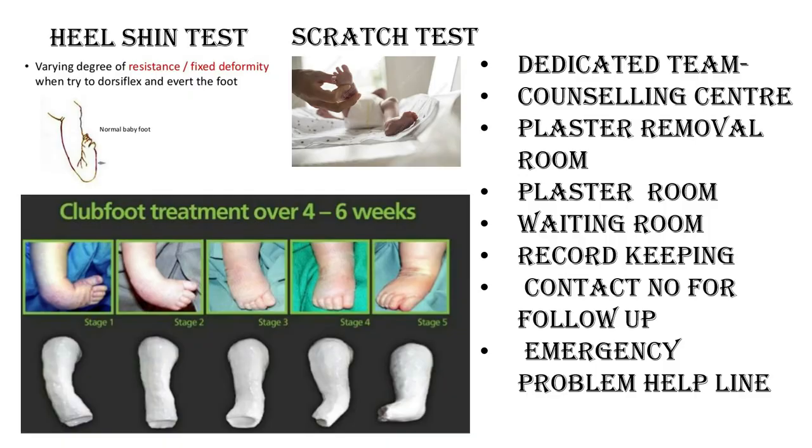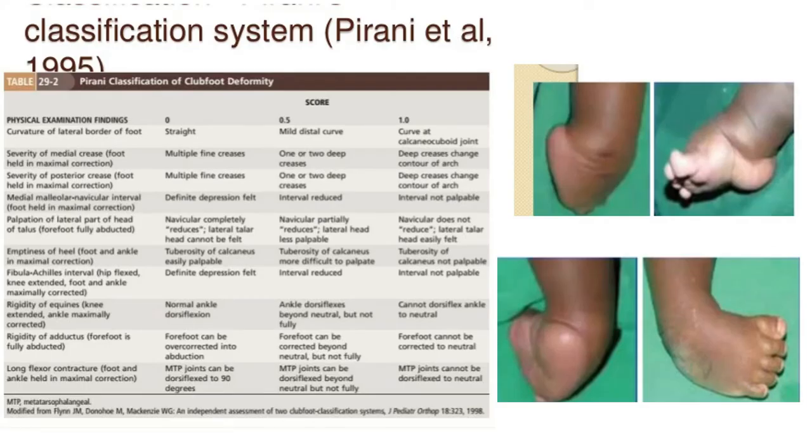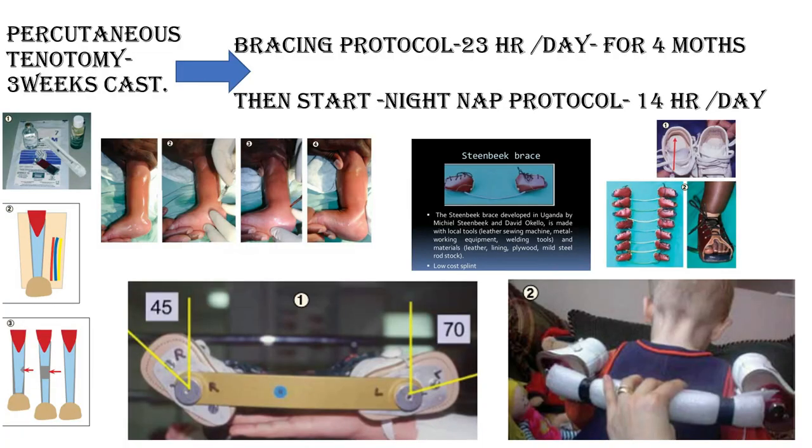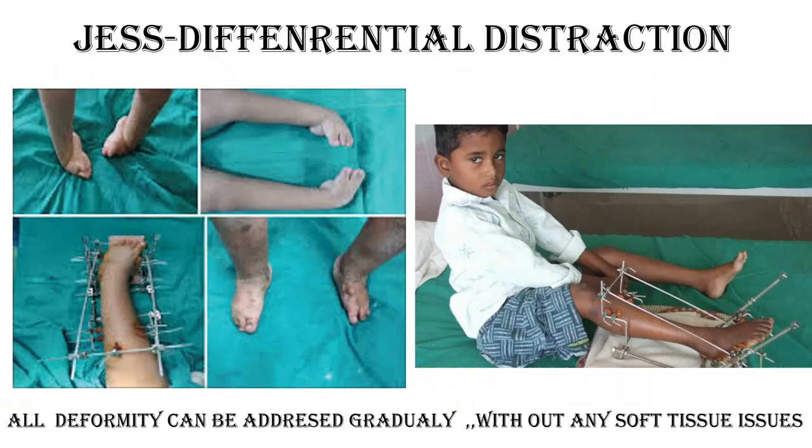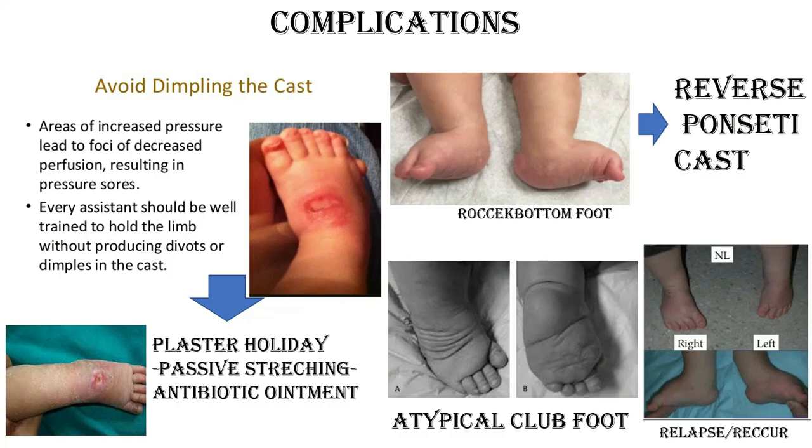If there is no improvement in the Pirani score, then we should go for the JESS procedure. As for the indication for the JESS procedure, the minimum age is 1 to 2 years, and before that we always try the Ponseti plaster